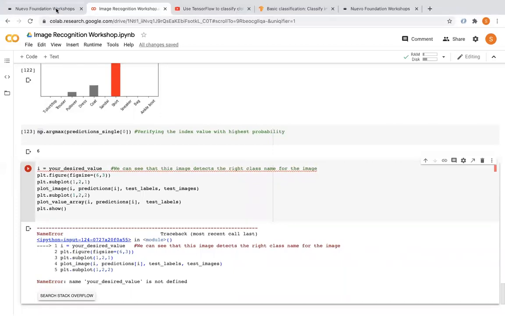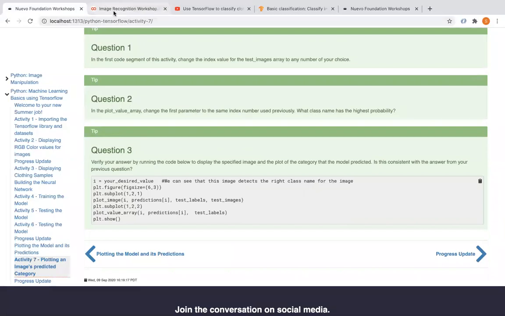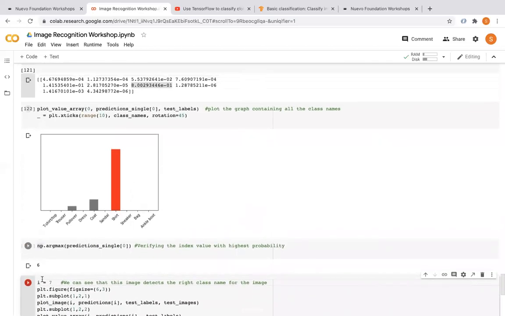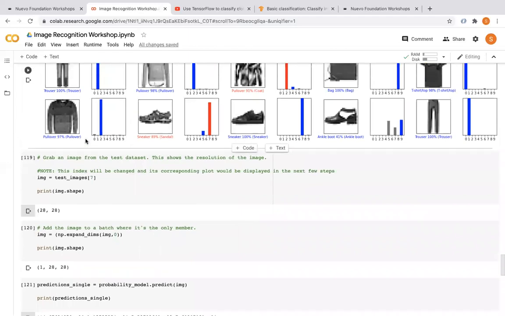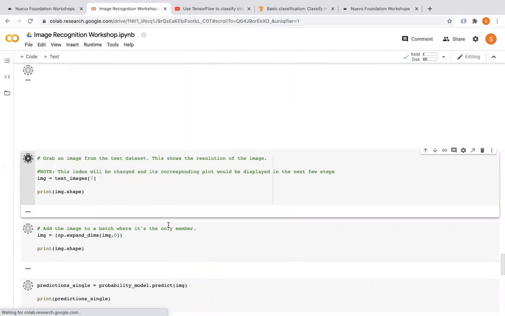Let me just take a look really quickly. Because your I is equal to your desired value. Right, thanks for pointing that out. So basically, I wrote your desired value because this is the number that you will be putting in. It doesn't have to be fixed, it can be open-ended, like I said before in activity 6. And I put 7 because this is what I put over here. So if I run all,